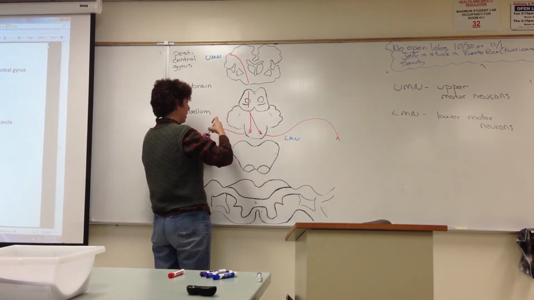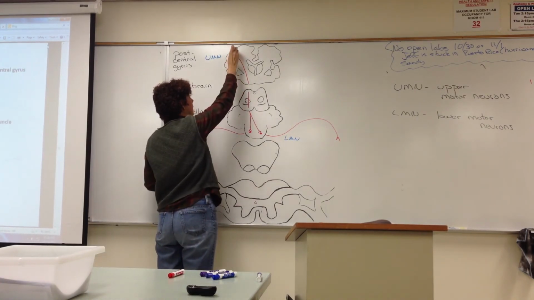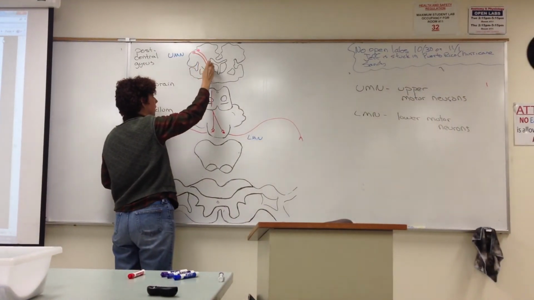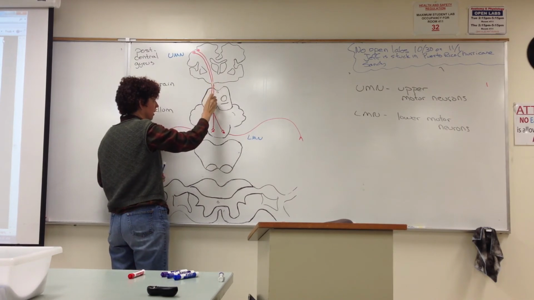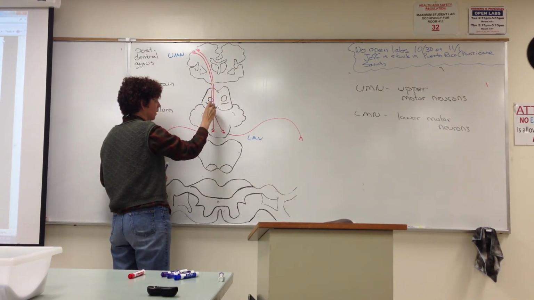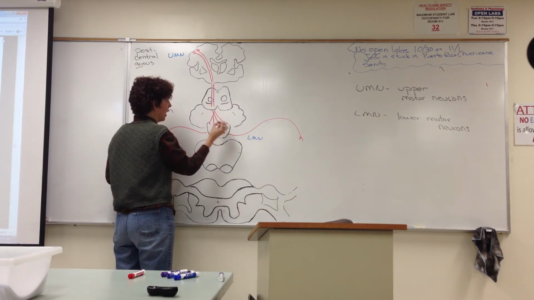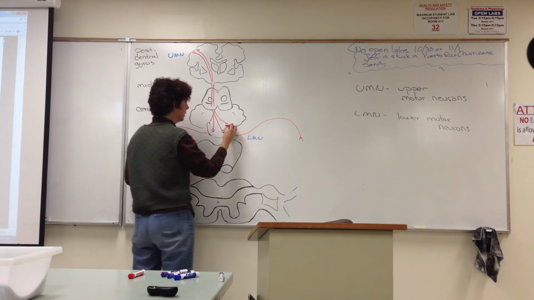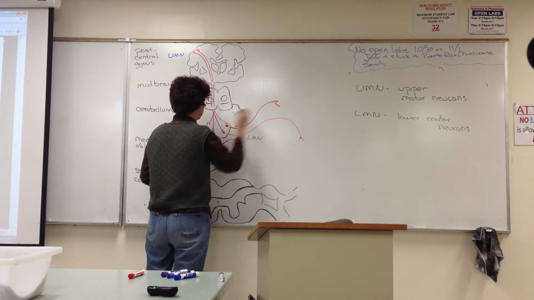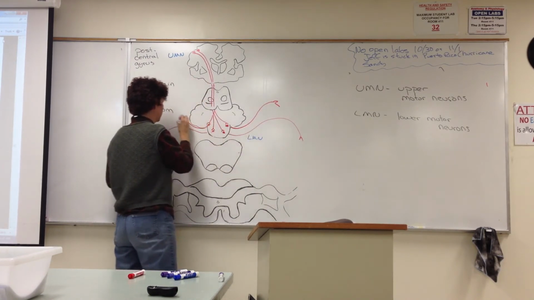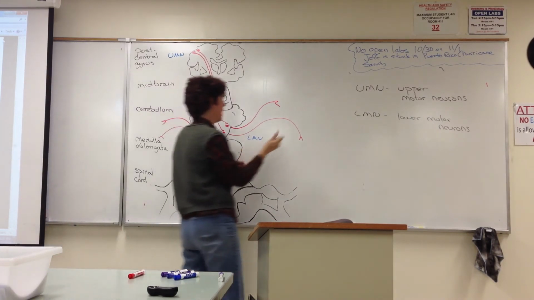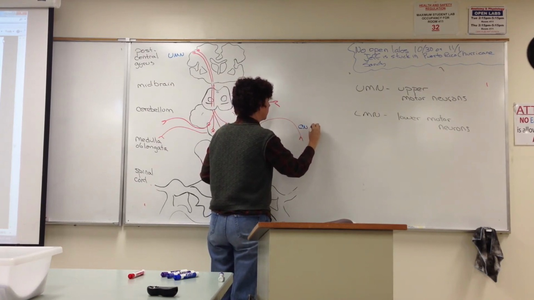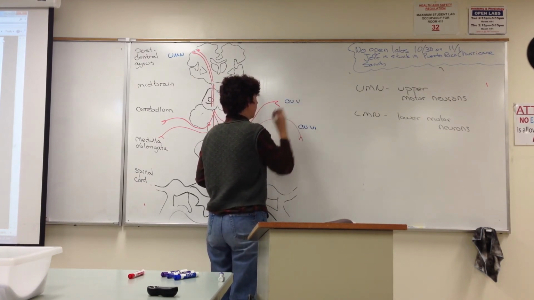So trigeminal nerve comes down, and it has its nucleus in the pons, and then lower motor neuron goes out the cranial nerve, all right? So this would be cranial nerve 6, cranial nerve 5,